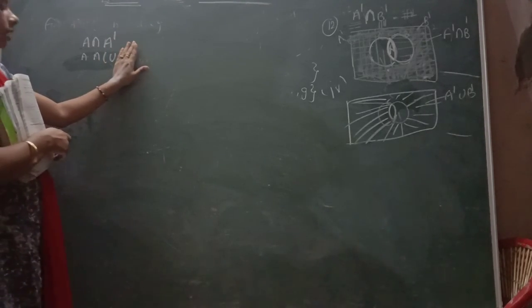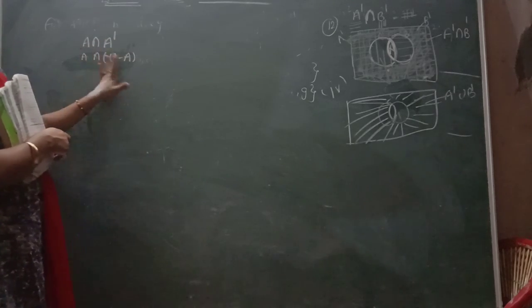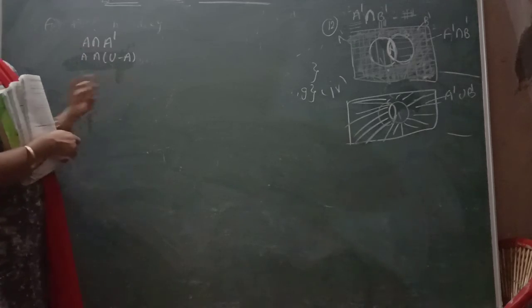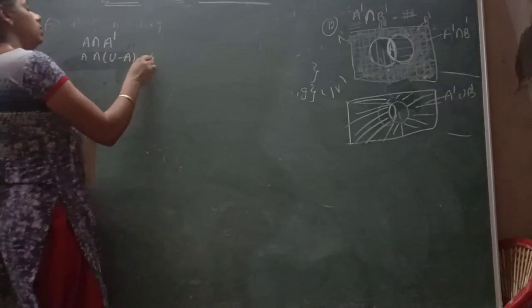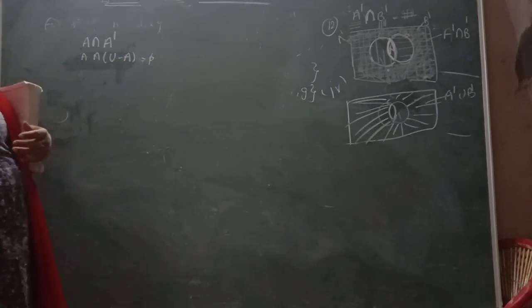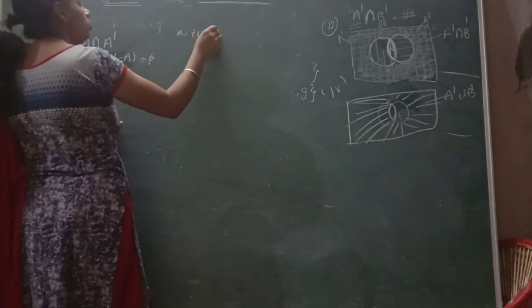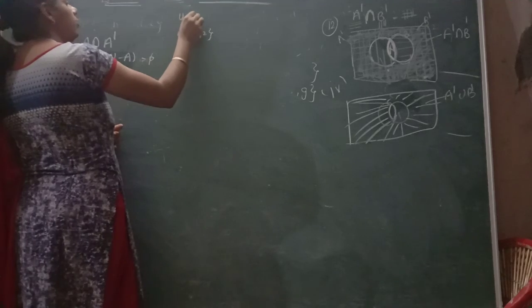इसमें A नहीं है, इसमें A है, उसमें कॉमन क्या होगा? एक सेट जिसमें A है ही नहीं, जिसमें A है उनमें कॉमन क्या रहेगा? Nothing is going to be common. You can think by taking any example. Suppose आपने एक ले लिया 1 2 3, 1 2 ही ले लिया और U सेट ले लिया 1 2 3 4 5 का.